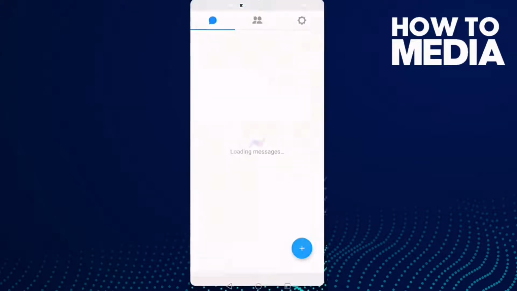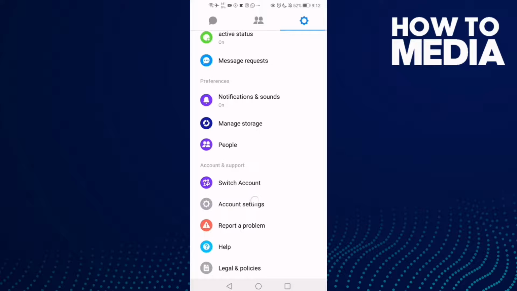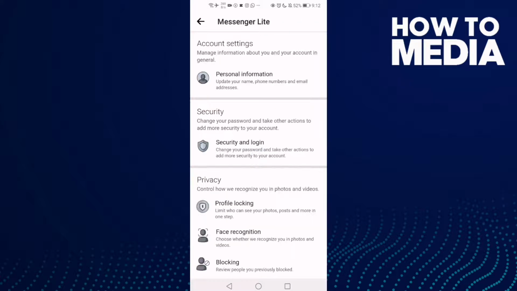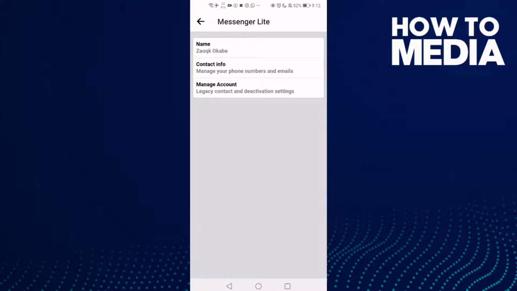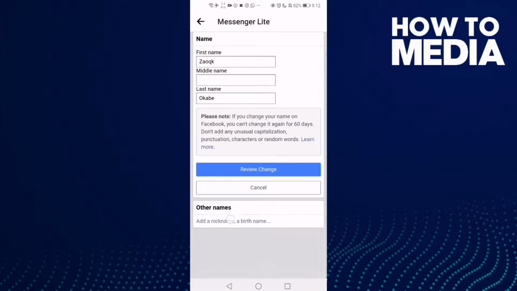First thing, go to Messenger Lite and then click this settings icon in the top corner and go down. Here you will find account settings and then click personal information, and here you will find this one name. Click on it and then just click add a nickname